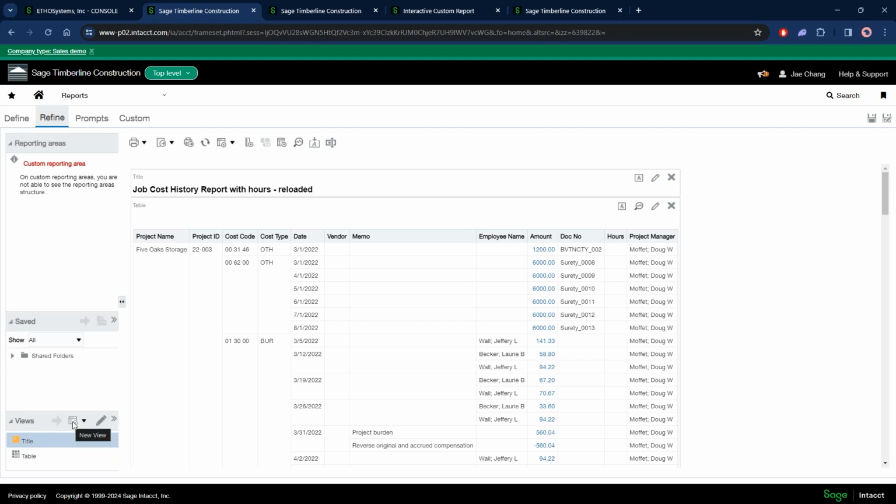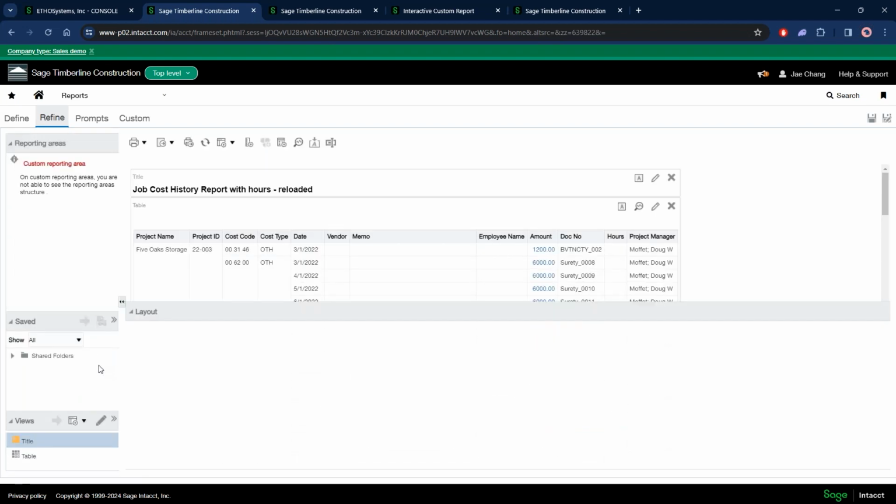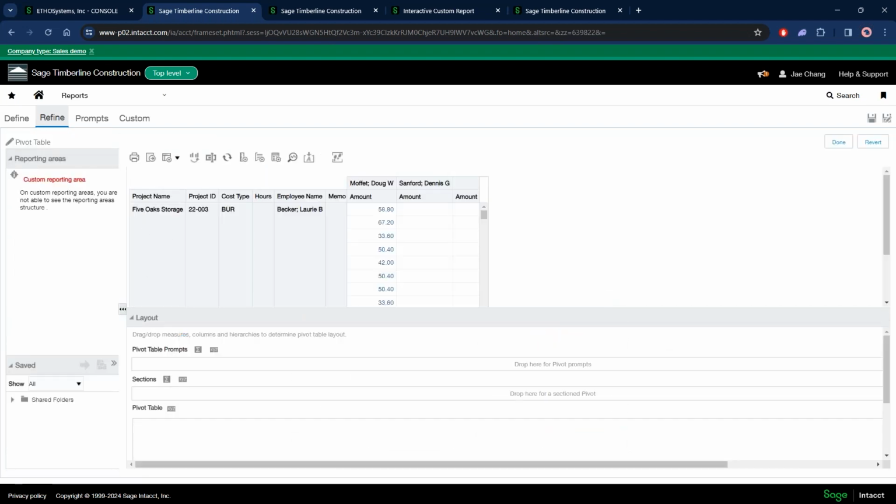if you hover over this icon, there's a new view that you can choose. So if I click on this drop down, you'll see right under that table, you'll see a pivot table. Okay, so if I choose pivot table, it will take me into that pivot layout. Okay, so in here,